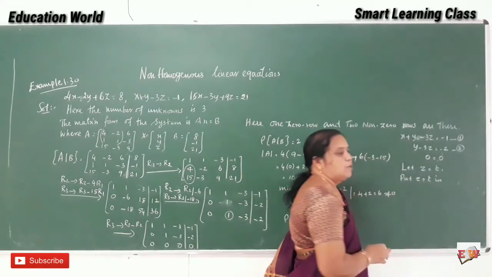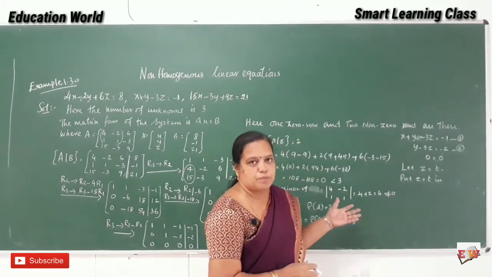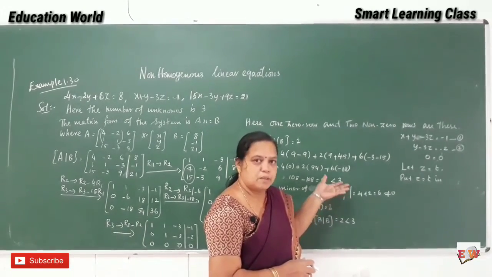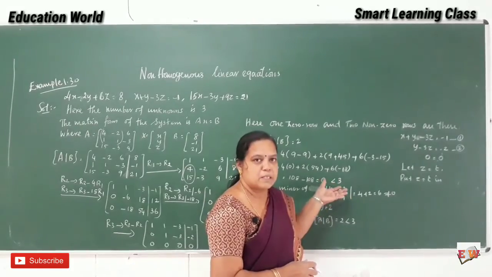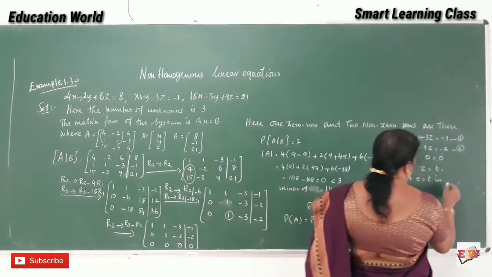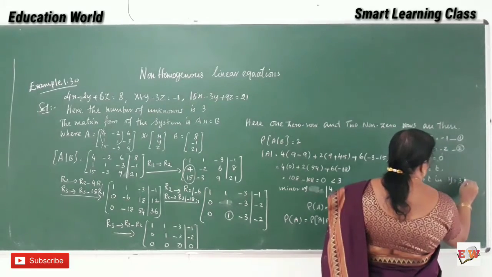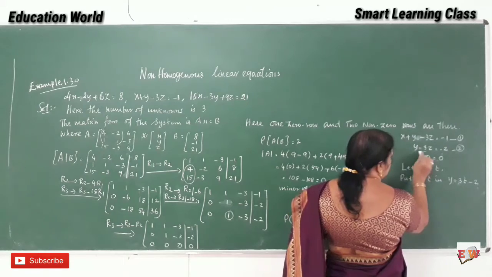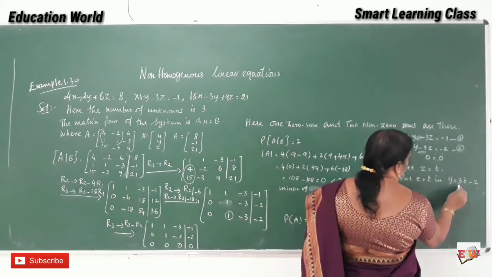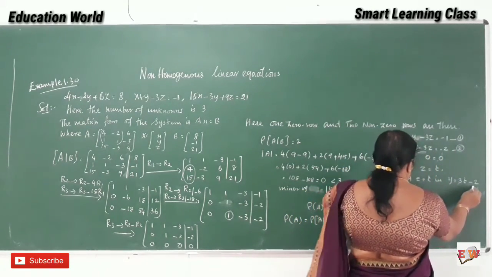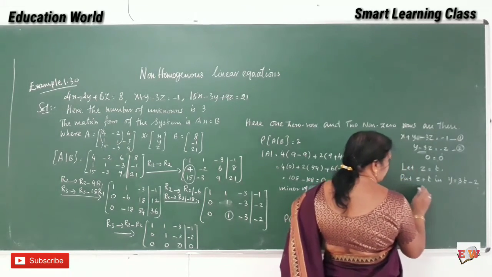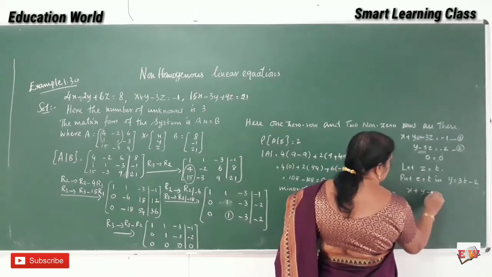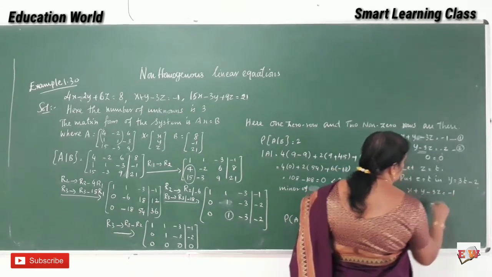We have to do the back substitution. Substituting the values by back substitution, we get z equal to t, y is equal to 3 into t minus 2. See, I brought this minus 3z to the right hand side, so plus 3 into t minus 2. Now I am going to substitute these two values in the first equation. What is that?